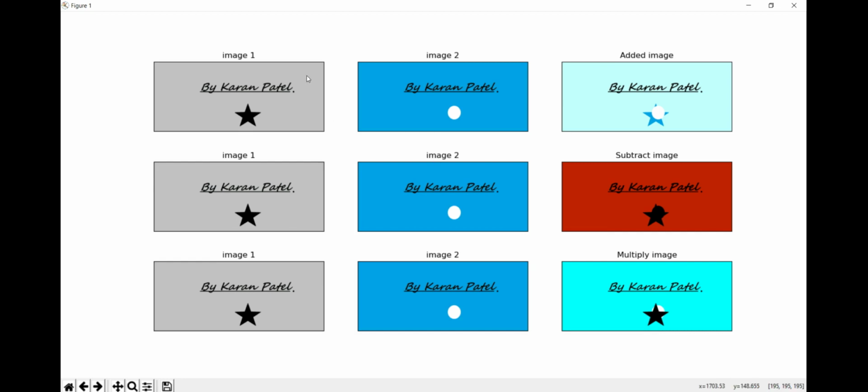Whenever I move my cursor here, it shows 195 in the right corner, which is the pixel intensity. When I move the cursor to the left, here it is 0, 162 and 232. Whenever I move my cursor here, you can see this is a clear addition.